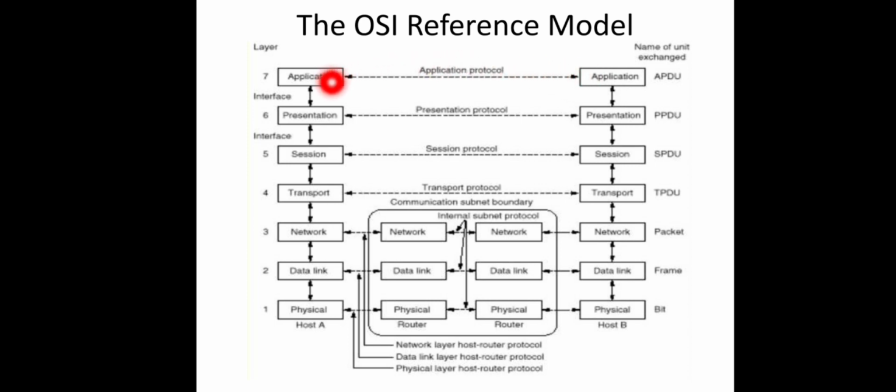In the case of the application layer, we can call those protocols application protocols. Corresponding to each layer, there is a set of protocols, and each layer manages the data as a specific unit. The physical layer reads raw bits of information; it sees only zeros and ones, nothing else. In the data link layer, we group these bits into frames. Then in the network layer, we have packets. We have data units in each layer, and all of this we will see in detail later. This is how the layered architecture works in the OSI reference model.